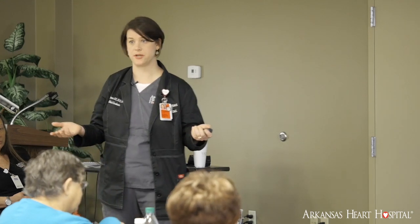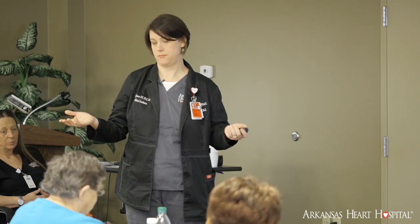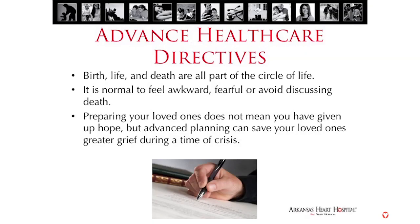But preparing for medical emergencies like this is just the same as preparing your estate or preparing for your passing, for your heirs and stuff like that. So if you can plan ahead, especially for heart failure patients, this can really help your family in times of crisis. The way a living will works is that it says at the top there that this only takes effect